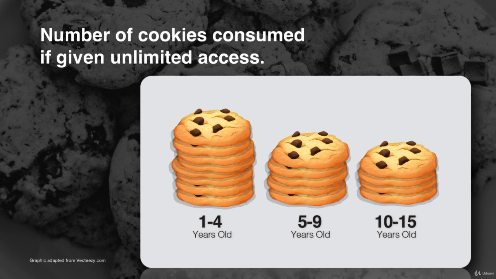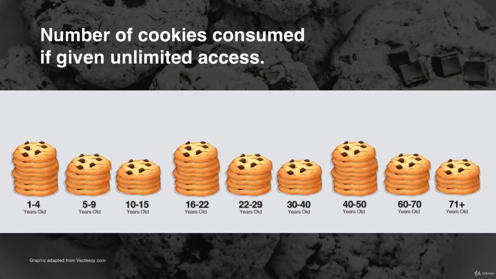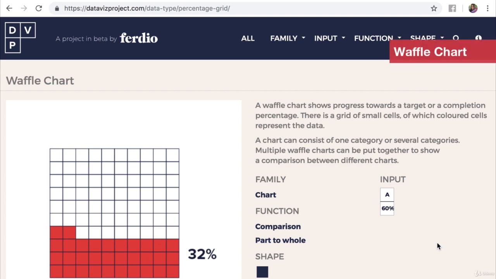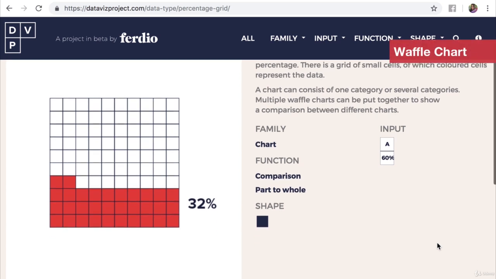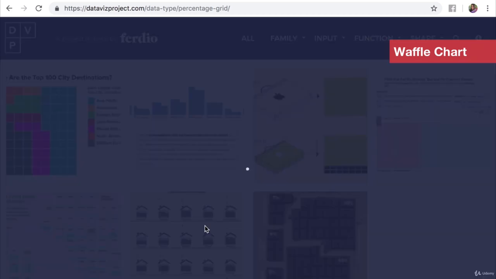When datasets start to get too large, let's say 12 different points, now certain icons or pictorial graphs can start to get too busy and fall apart. So it really depends on how many things lay out in the end, or how many datasets you have. You want to avoid graphic overload. Looking back at our website resource, perhaps a waffle chart might work better for the 10 data samples. More like this example of having our cookie icon be in the background instead of 10 different stacks of cookies